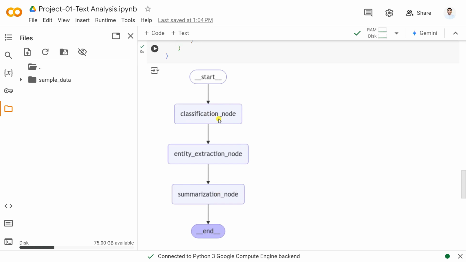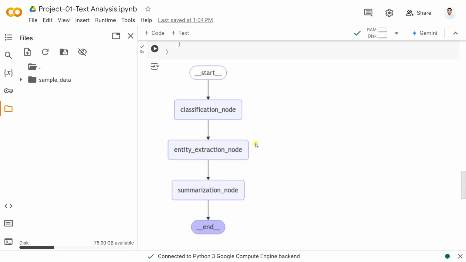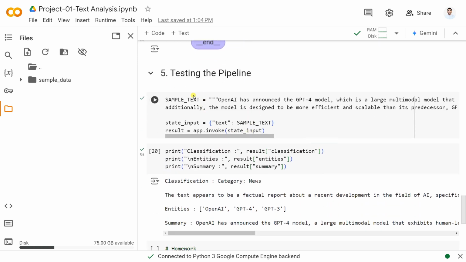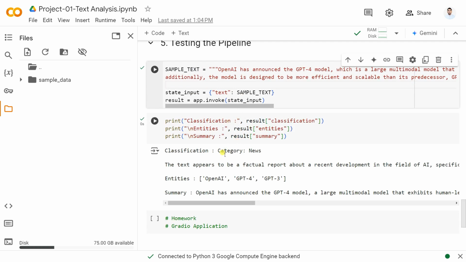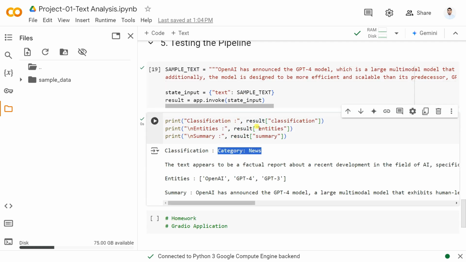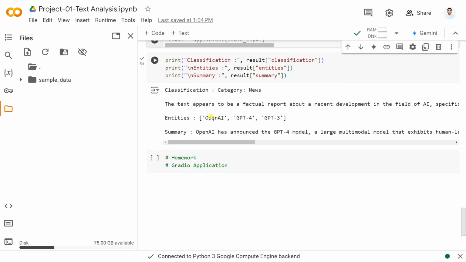हमारे पास 3 ऐसे नोट हैं जो काम करेंगे यहाँ पर, और जो लैंगग्राफ है ना वो मल्टी एआई एजेंट है। तो एक एजेंट क्लासिफिकेशन का काम करेगा, और दूसरा एजेंट यहाँ पर एंटिटी का काम करेगा, और तीसरा एजेंट यहाँ पर समराइज का काम करेगा बस। तो इसके बाद हमने इसको सैंपल टेक्स्ट की मदद से टेस्ट किया है। इसके बाद देखो यहाँ पर क्लासिफिकेशन आया है, कैटेगरी है न्यूज़।